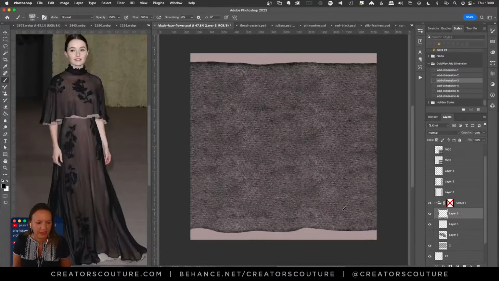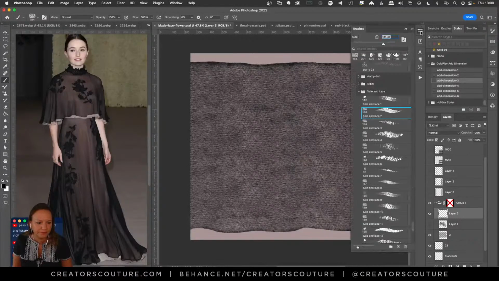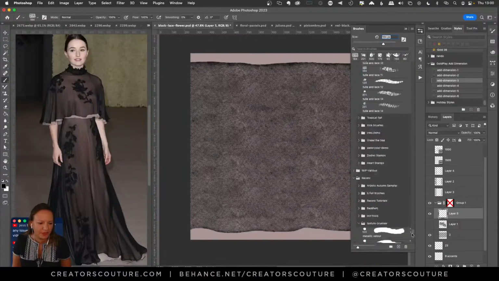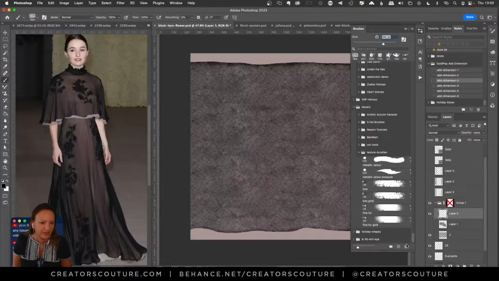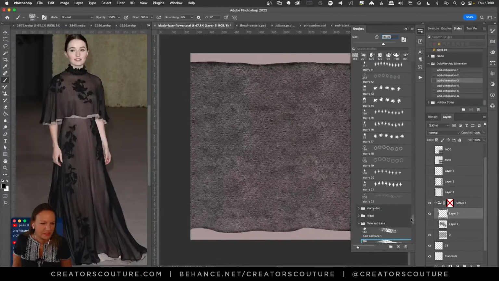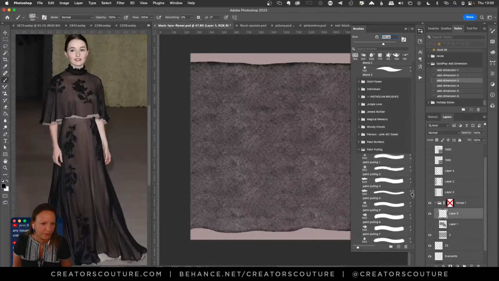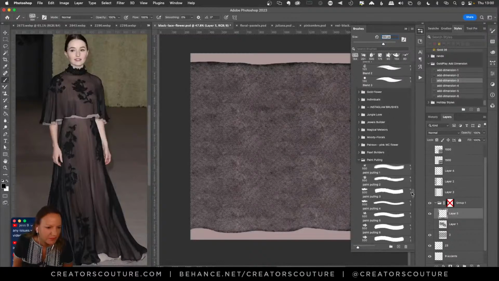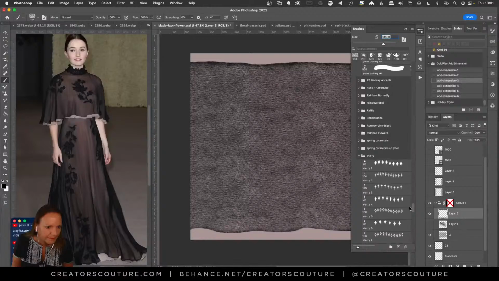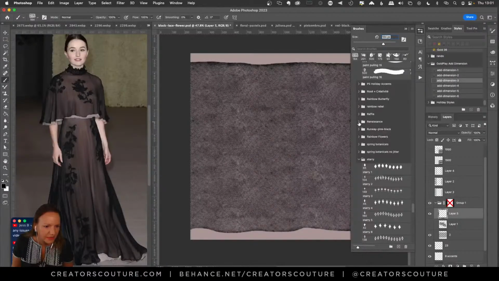So I'm going to make a new layer, and I'm going to go to my, let's see if I can find it, my Modern Renaissance. Did I save them under Renaissance or Modern Renaissance? Renaissance, okay.